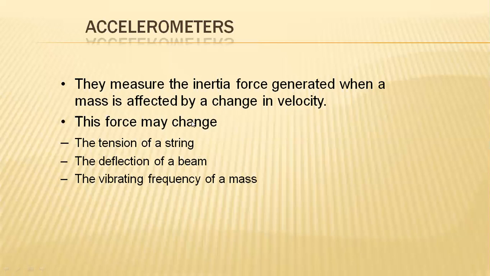With two people, it covers only 1.8 kilometers. So there is a decrease in distance. Those changes will be clearly identified with the accelerometers. So to compensate that 0.2 kilometers, the acceleration should be increased further. It may be increased to 50 km/h. So why does that happen? Because the force may change the tension of the string, or the deflection of the beams.